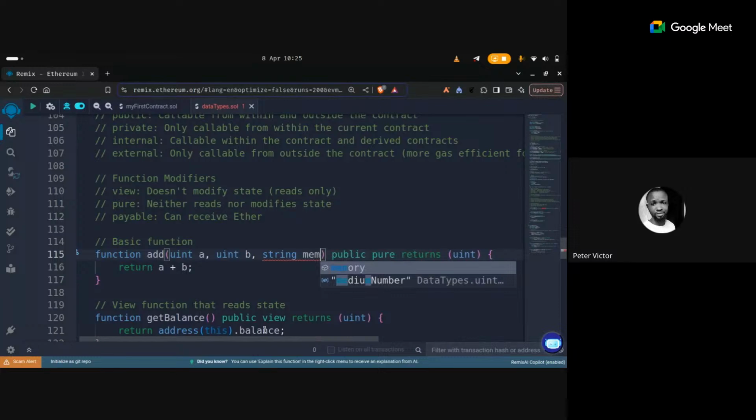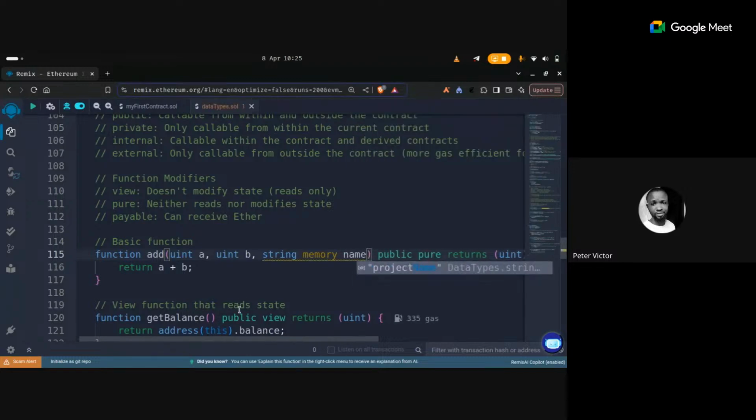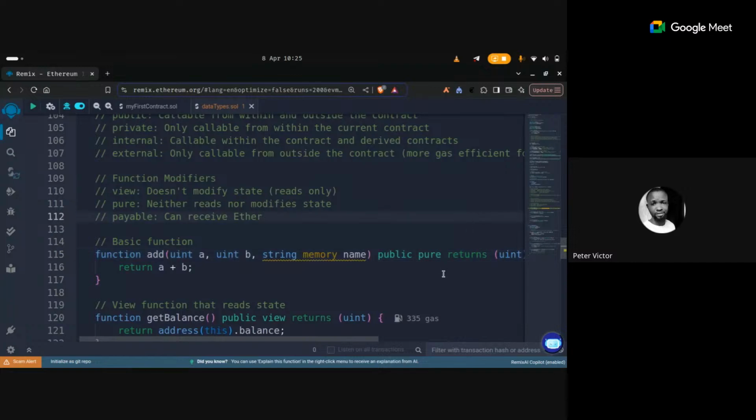Anytime you're using string, make sure you specify the keyword memory to store it in memory. And let's say we... okay, yeah, this is the one, because I'm not returning it. So you can return